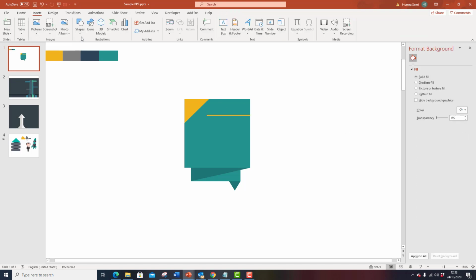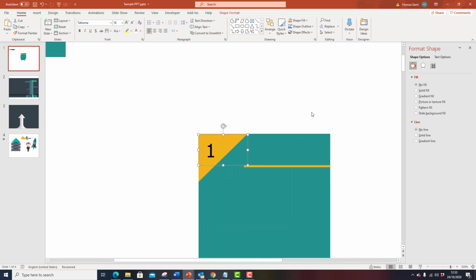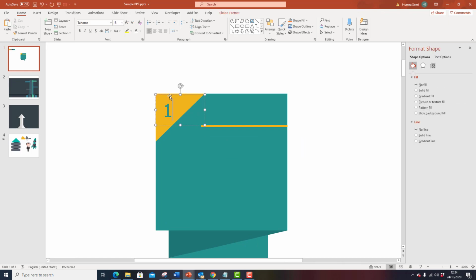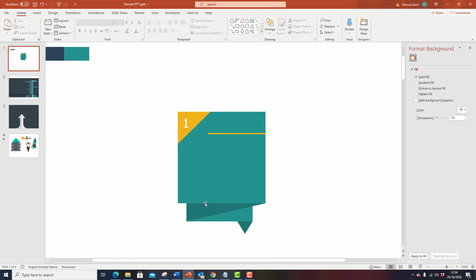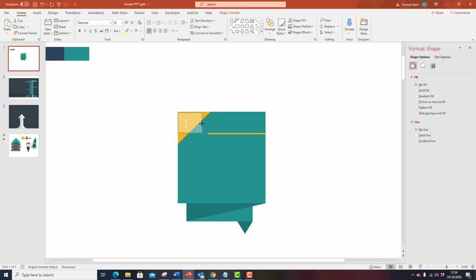Alright, so lastly I will add some text to it. So I will go to insert, I will add a text box. Now let me call this step 1. This font. Now over here you have a couple of things you could do. Either you could use the same color as the one behind, this also looks good, or because this is a dark color at the base, you can actually use a lighter color. Now I will stick to the lighter color, and the reason is because my object is anyways in a dark color, so to keep things balanced I'll have to use some light color over here as well. And I'll just make it bold,